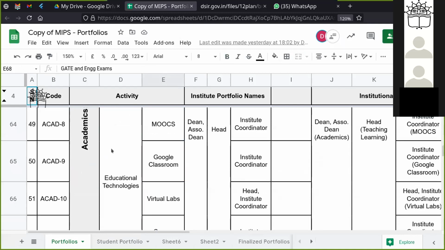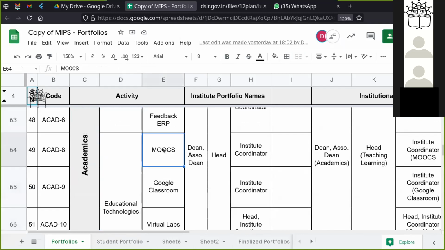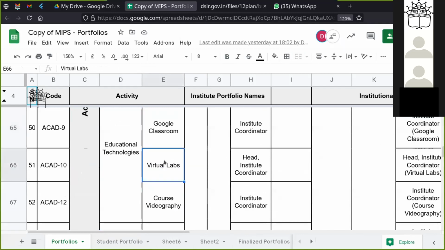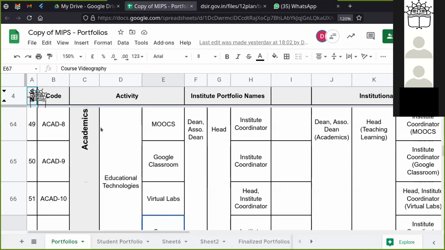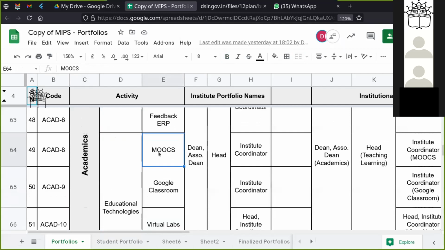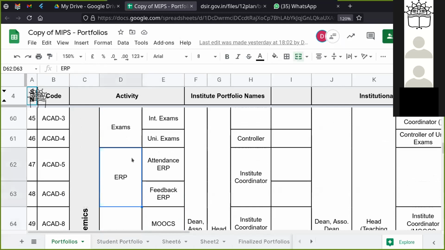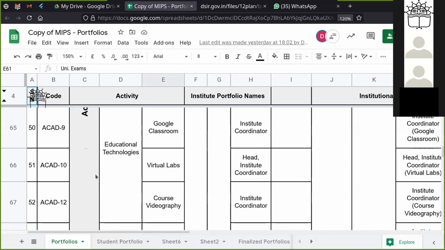In academics, under educational technologies, we have MOOCs, Google Classroom, virtual labs, and course videography. So this is a three tier structure: one main activity, sub activities, and then sub specific activities. In ERP, we see attendance ERP and feedback ERP, examinations, internal exam, university exam, and so on.